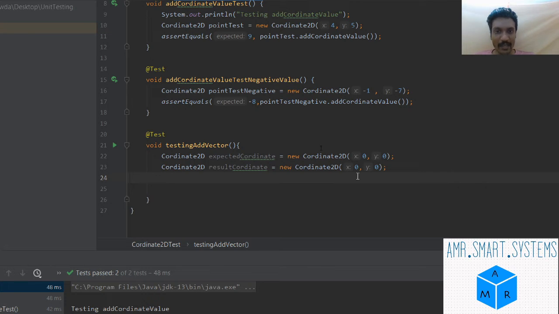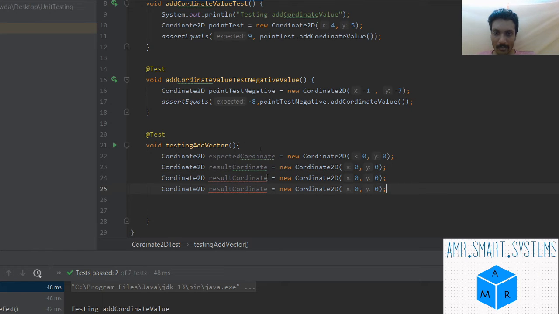Again we have to create two more vectors for adding, so let me just copy paste those. Maybe say them v1 and v2.